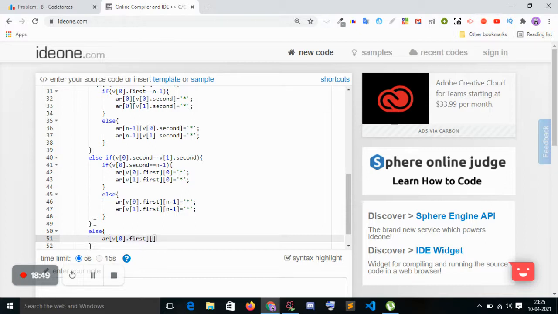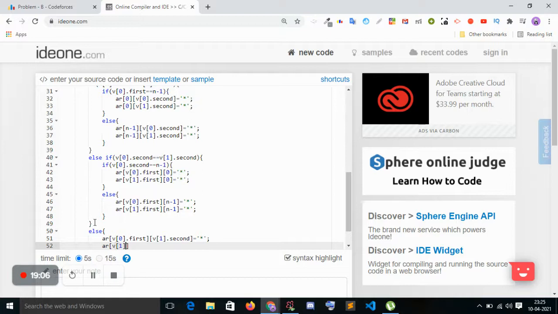So the array at v of 0 should equal v of 1 dot second, and v of 1 dot first will be the same, with v of 0 dot second.